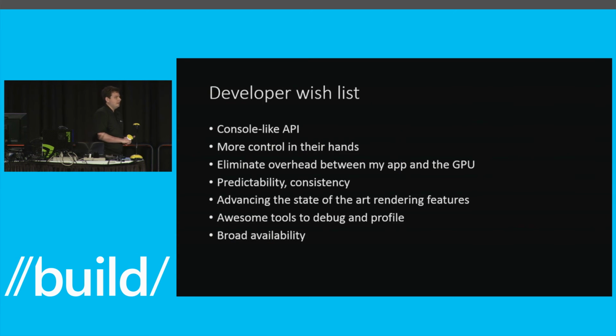So let's take a step back and ask how we got here. Well, we asked you and thousands of other game developers what you wanted out of an API. What we heard was that you wanted more low-level access and better control of hardware, similar to what you get on fixed platforms like Xbox One. You also wanted us to get rid of all the overhead between your application and the hardware, so you can get consistent and reliable performance results. And finally, you wanted us to continue expanding the bleeding edge of rendering technology. All, of course, with excellent tools for support.